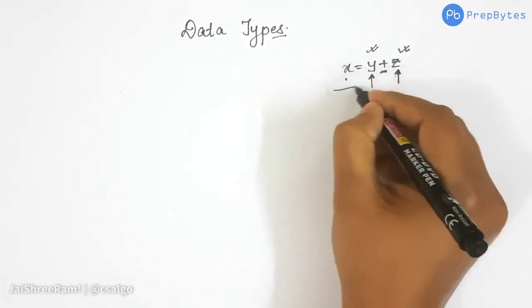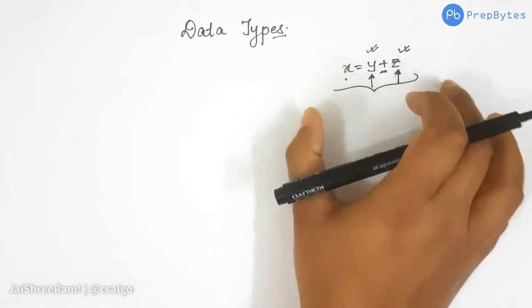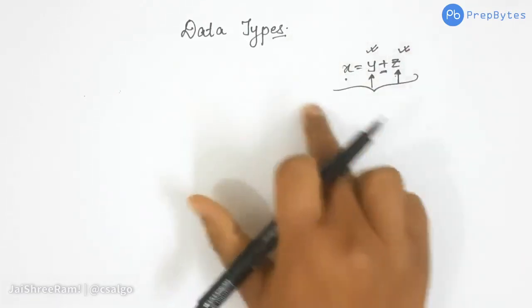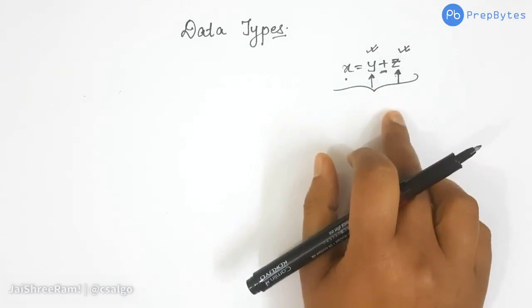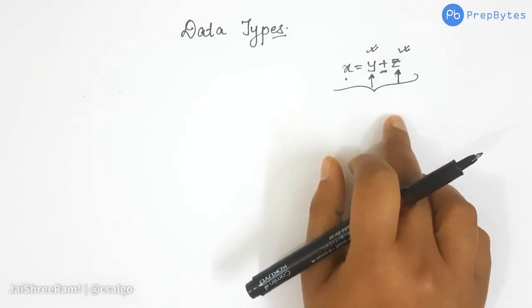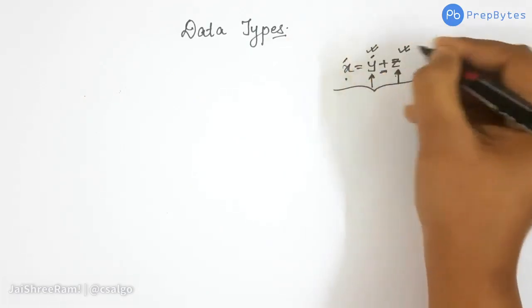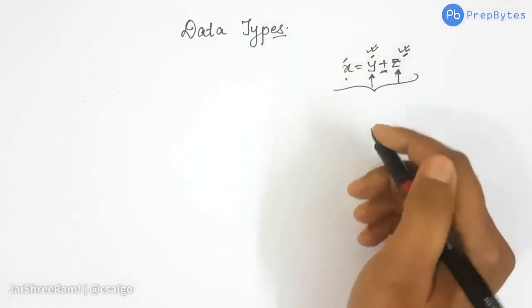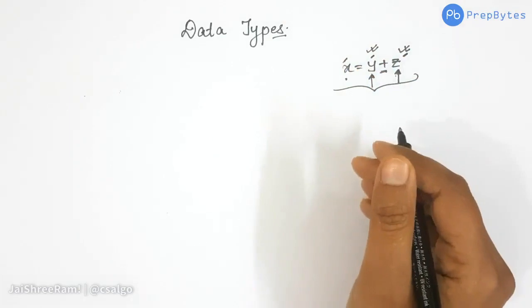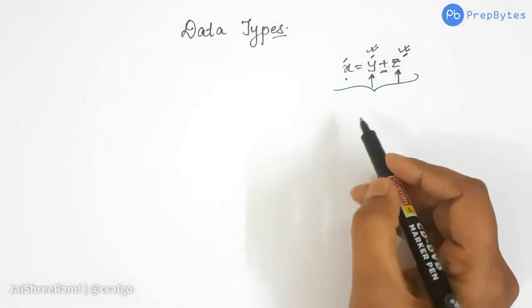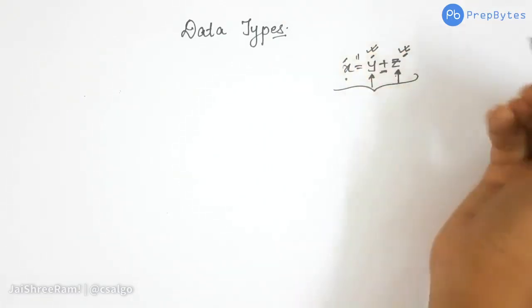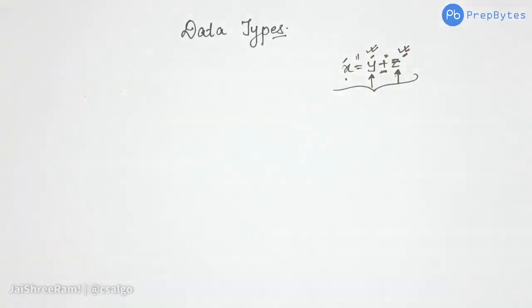So for this particular expression to make sense, it must be suitably declared, and the programmer must specify that entities x, y and z exist and what their data type is, or for that matter that they are of types for which the equal to and addition operators make sense. So this is one use case of data type.